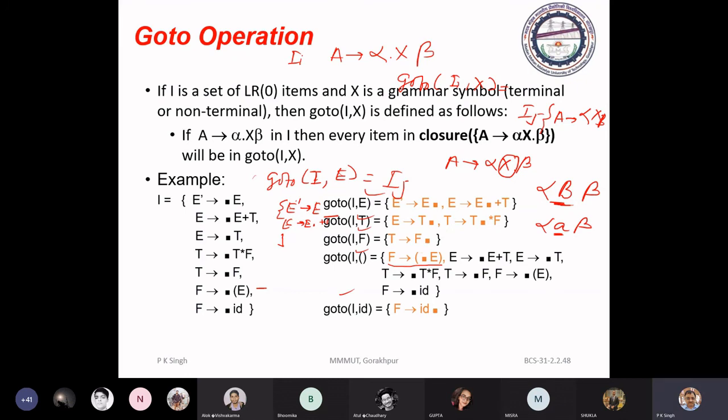And here just see the color: this is kernel item, this is kernel item, kernel item. These items are following the condition for kernel item. But this is non-kernel item, non-kernel item, non-kernel item, and so on. But again, this is kernel item.